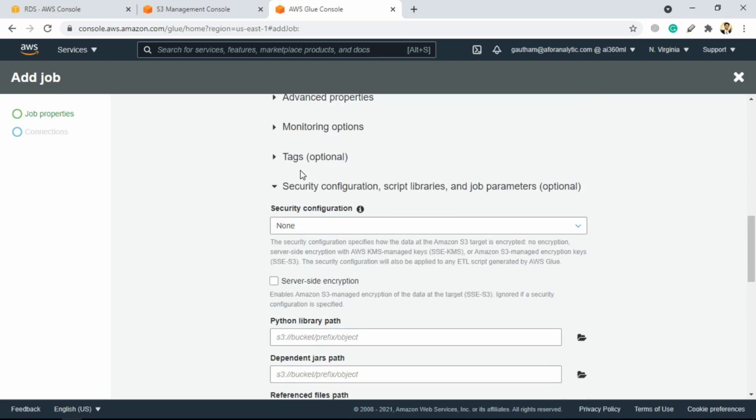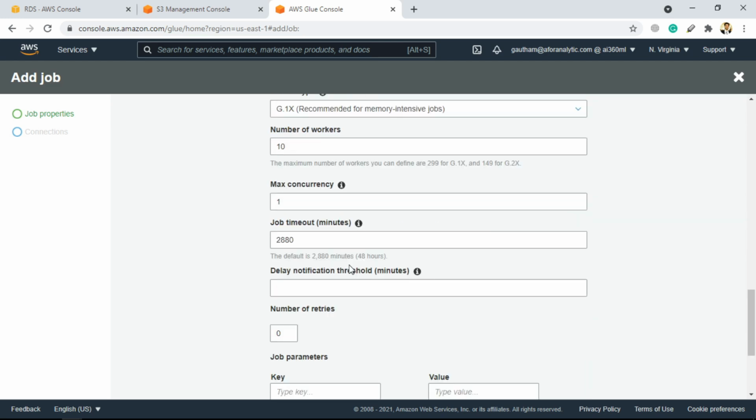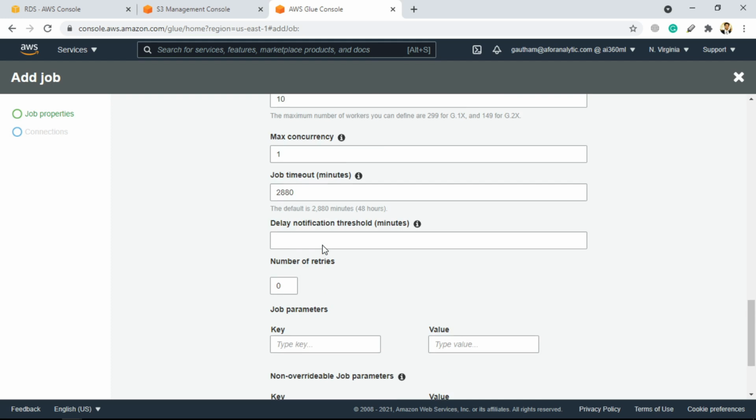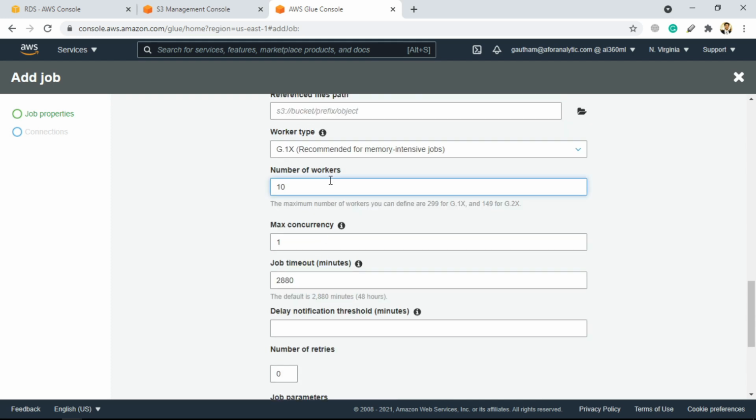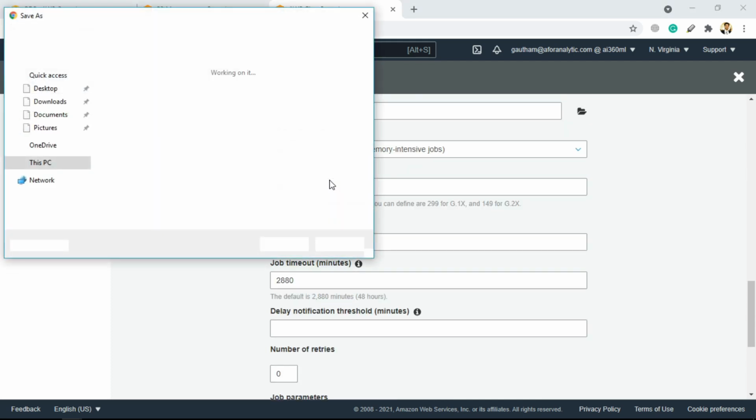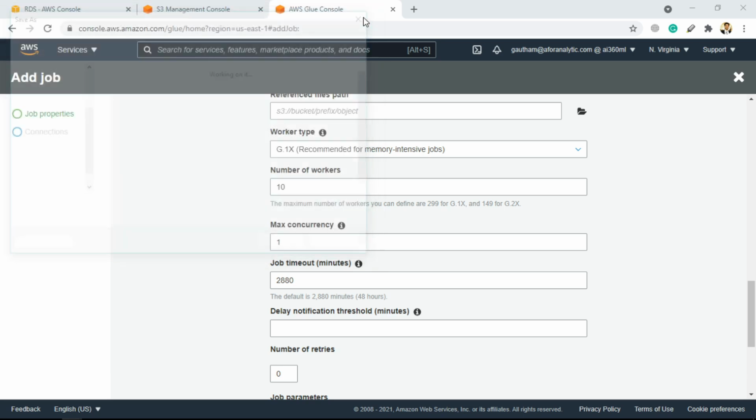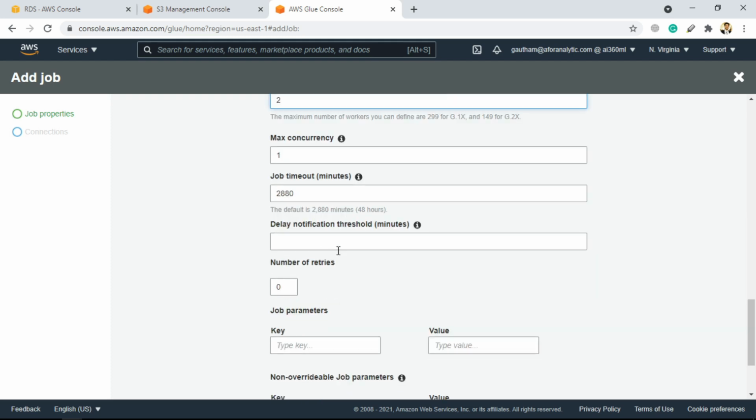Inside the security configuration, over here, we need to only set the number of workers to 2. We don't really need it to provide 10 worker nodes. We just need 2 worker nodes. So let's just go for 2, and now it will only provide us the 2 worker nodes. The first one will be the actual controlling or master one, and the rest will be the slave nodes. It's just like creating clusters. So now we are actually assigning 2 clusters to our Spark job.